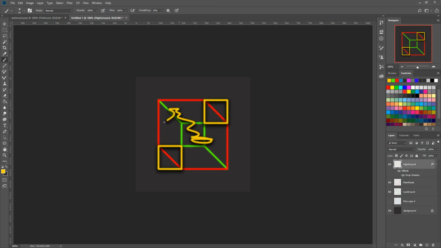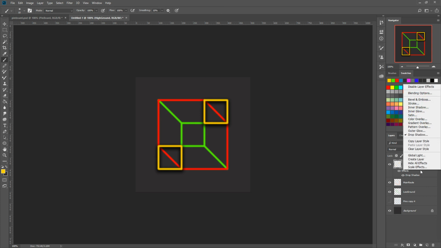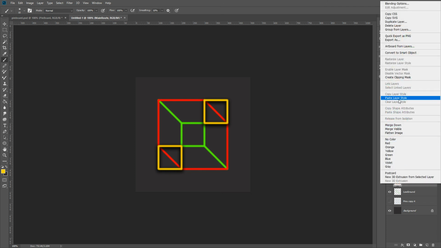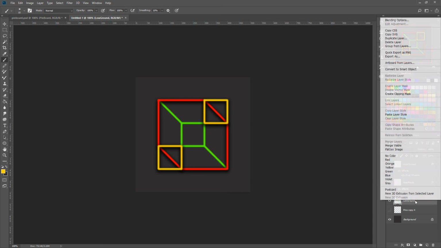So if I started drawing on with my brush, you can see that layer effect is actually getting drawn on as well. So we can modify this, and then we don't have to do anything. If I keep going with this, what I'm going to do is just right click on here, and I'm going to copy the layer style, and then we can paste this layer style onto everything else. Simple as that. And then once more,